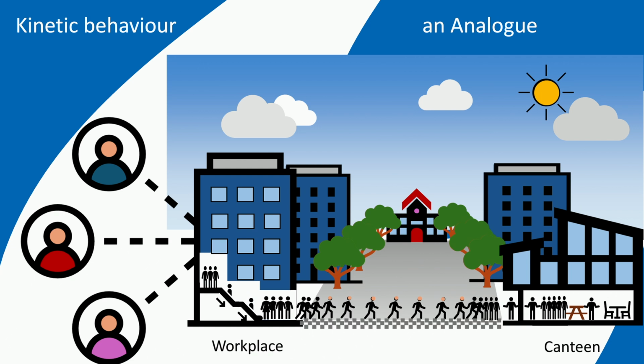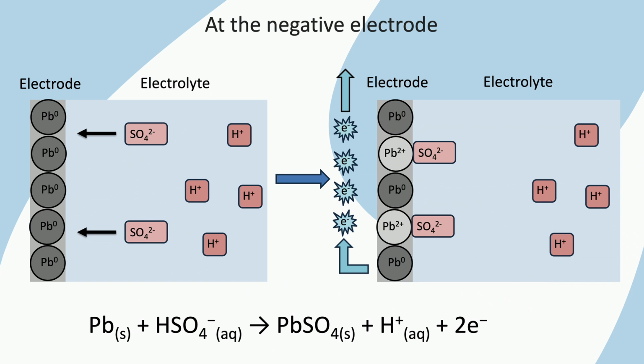We can see this behavior, for instance, in a lead-acid battery. The lead-acid battery operates from two redox reactions taking place at two lead plates, both with a sulfuric acid electrolyte. When we discharge the battery at the negative electrode, lead is oxidized to lead sulfate. This means lead is reacting with sulfate ions that need to come from somewhere and hence need to migrate towards